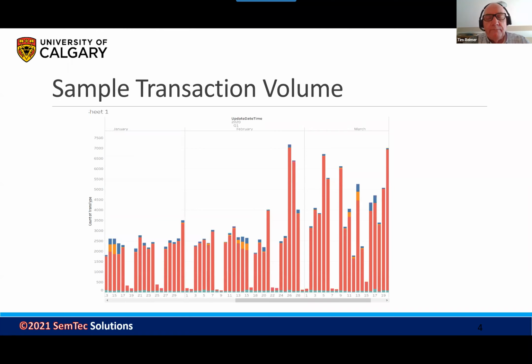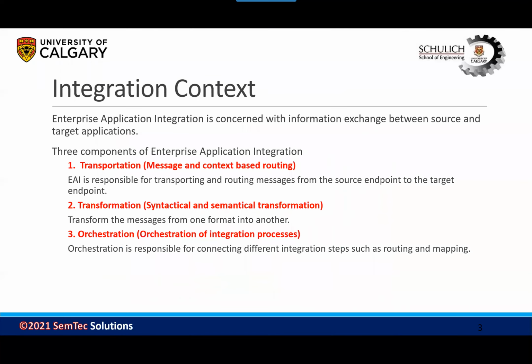So when we look at orchestration, Tim, if you take an example like transportation, it's, let's say, moving invoice messages from system A to system B. And transformation is about, in the invoice there is a volume in barrels, and you want to transform it into cubic meters. That would be part of transformation. So what would be an example of orchestration if you take what I just mentioned? How does orchestration